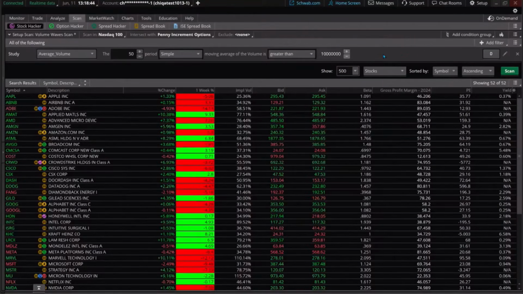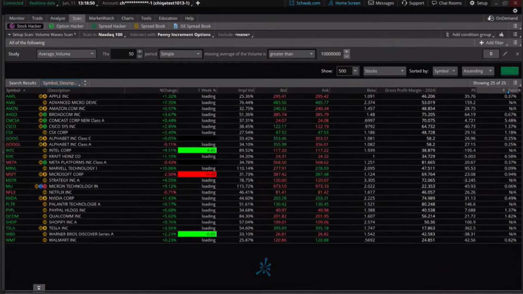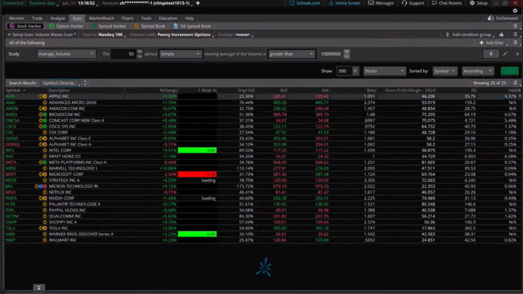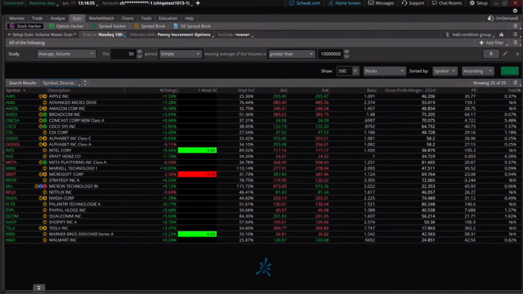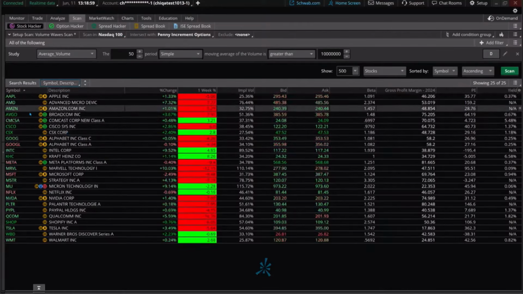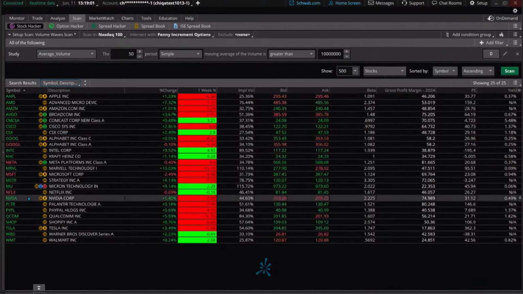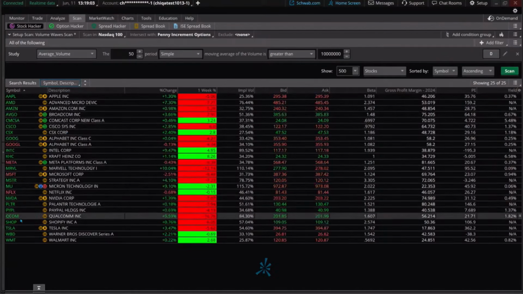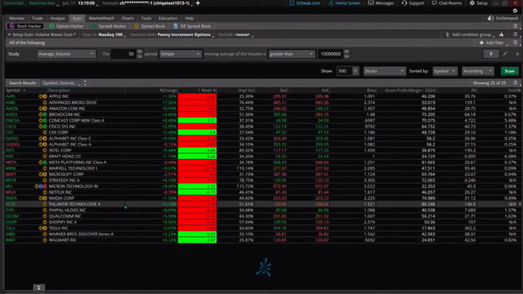Now, that could also help to influence what we're seeing here as well, right? That's part of those filters. Scan it, 25. We just cut it in half again. So we went from 100 in the NASDAQ 100 to around 50, 52, and then we cut that in half to 25. Now look at this list. I think many of you recognize these names. So all else equal, this can help us.